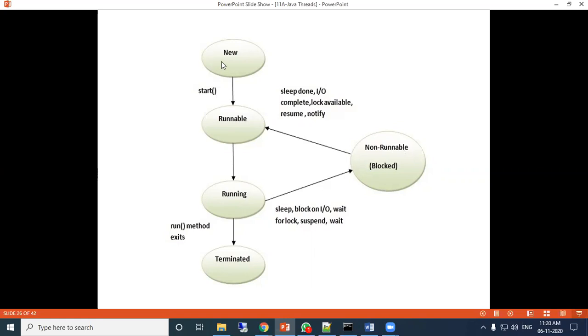And see the arrow marks: from new it comes to runnable, from runnable to running, and from running there are two ways. One is terminated or non-runnable. Somebody will pause it, so it comes to non-runnable, and from non-runnable again it comes to runnable and then running. After some time it may come to terminated. So this is the life cycle of the thread.